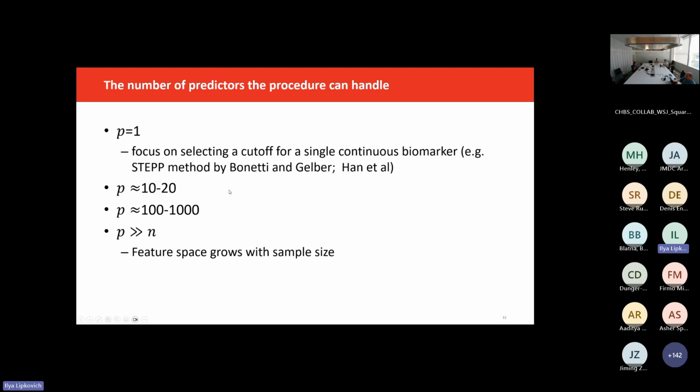That's enough for them, and they actually have very clever ideas for how to do confidence bands, for example, for the treatment effect given every value of this biomarker. There are methods that allow more covariates, and some of them even look at what happens if the number of covariates increases as fast as the sample size, and even larger than the sample size.